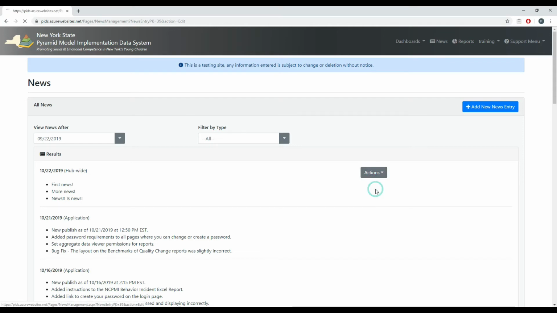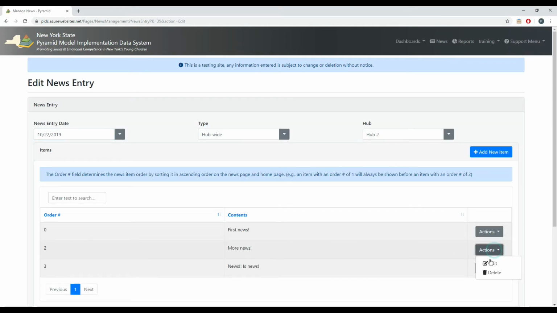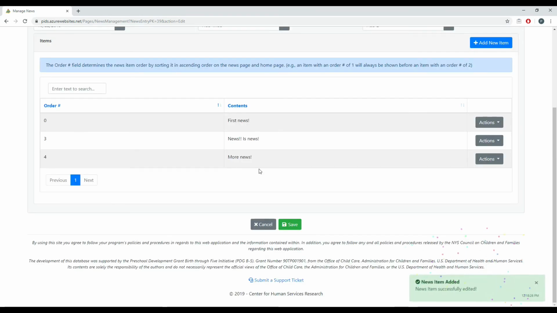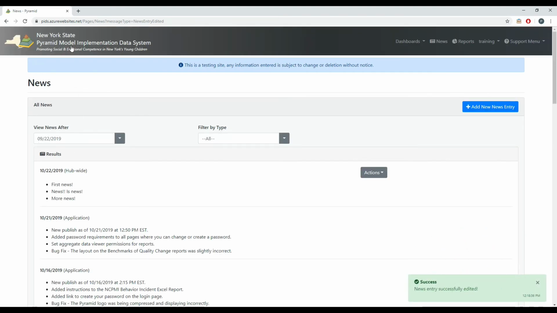So I'm going to go ahead and edit, and I'm going to rearrange it. So I want more news to show up after the news is news message. So I'll change the order number to 4, click Save, and as you can see, it rearranged. The order numbers are arbitrary, but just make sure that they display properly here, and they'll display properly on the news page and on the news